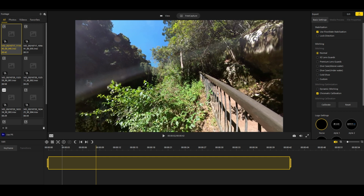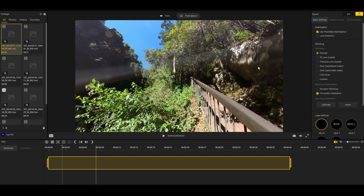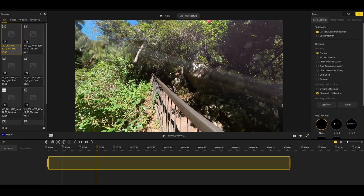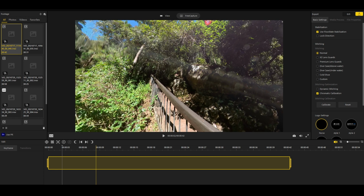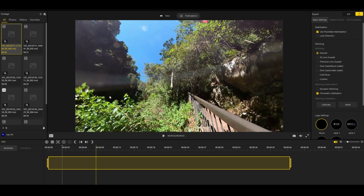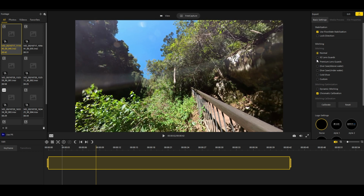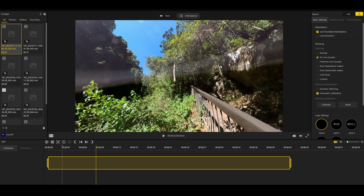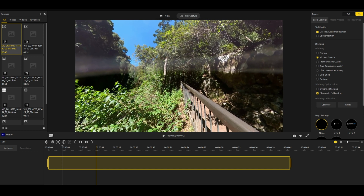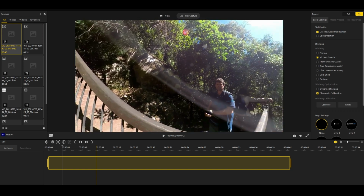Okay guys, this is some footage that we took a few days ago, and as you can see it's got this blurring domed effect where the lens guards meet, and of course they are slightly raised up, so there will be a bit of a stitching problem. At the moment you can see it's on normal. If you go to the X2 lens guard stitching format, it still doesn't do much to get rid of this